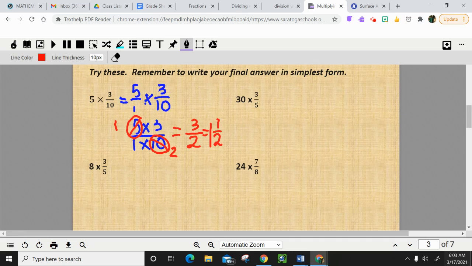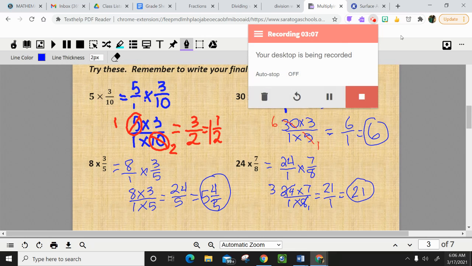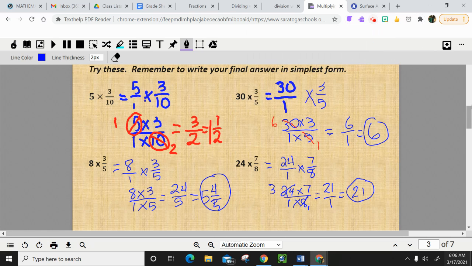Okay? So the video is going to pause, and you guys are going to practice one or two of these again. Okay, whichever problem you got, here are your solutions. So we are going to move on now